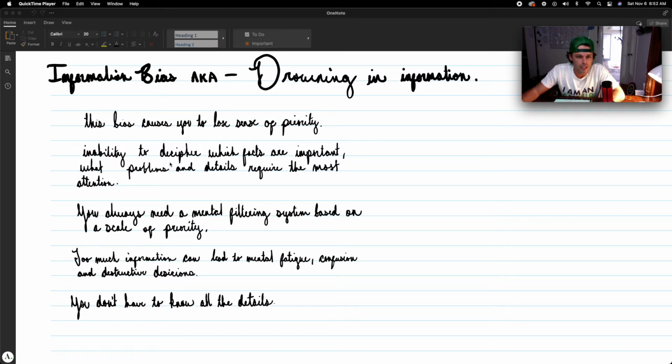So, the inability to decipher which facts are important, which problems and which details require the most attention. You always need a mental filtering system, and it has to be based on a scale of priority. You have to understand what's important here. One of the very noticeable things is that I read a short report and I go,